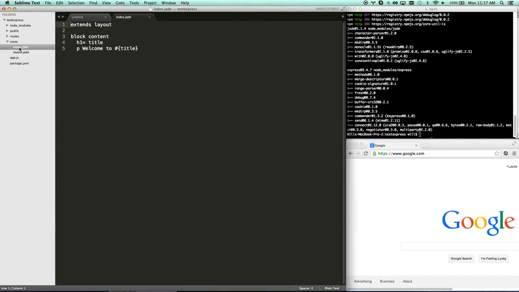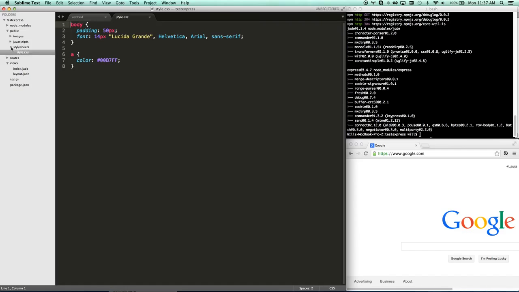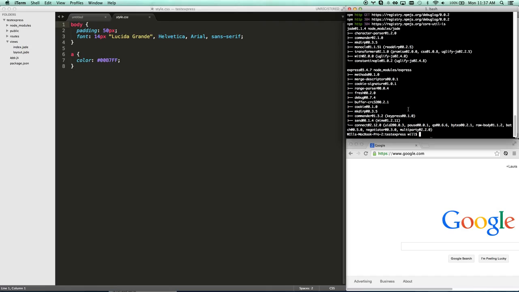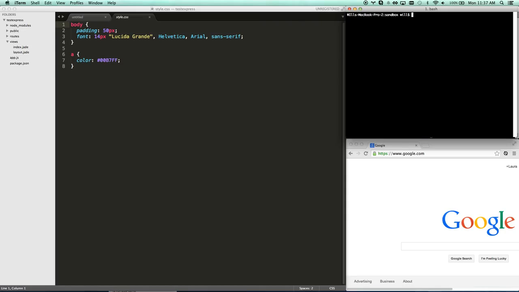I'm not the biggest fan of Jade. Maybe I've just developed in HTML too long to feel more comfortable and more quick with that. But if you like Jade, by default, it's going to do Jade, and it's going to give you public resources as CSS. Another thing you can do is you can do express,